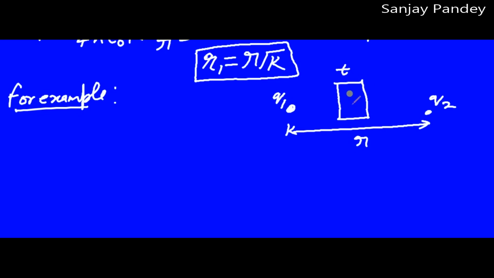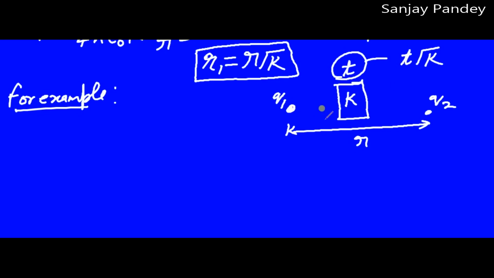This is your dielectric slab having dielectric constant K. Thickness of this dielectric slab is T. So first we replace the thickness T by equivalent distance in vacuum, which will be equal to T root K,